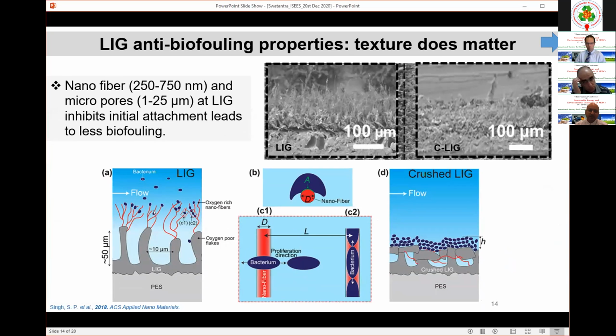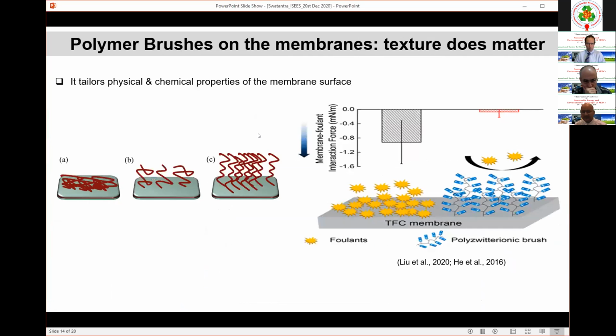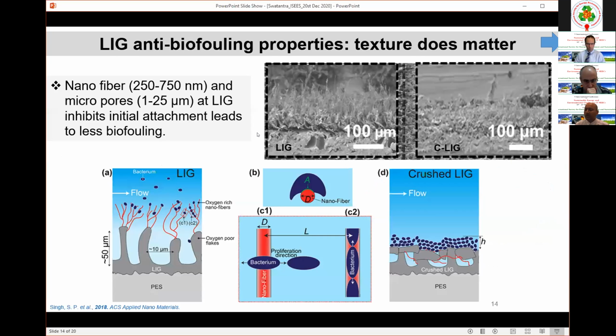This confirmed why we are seeing these anti-biofouling properties: because of the nanofibers and the micro-sized pores, combined micro and nano, it generates a kind of interaction and flow pattern where it's quite difficult for these organisms to sit on these surfaces. So this has shown the potential for making a new kind of membrane, a textured membrane, and in collaboration with Professor Arnush, we already have 2 ultrafiltration membranes.